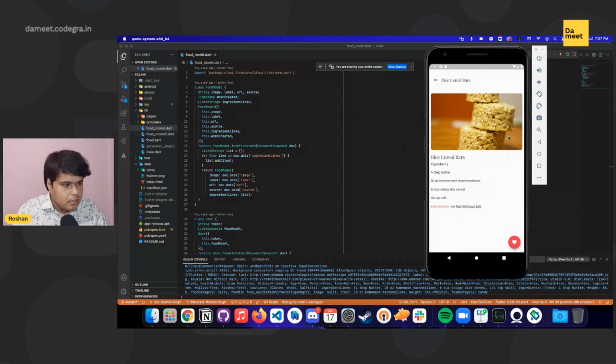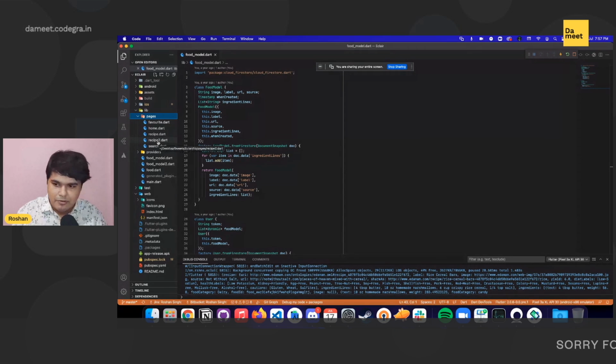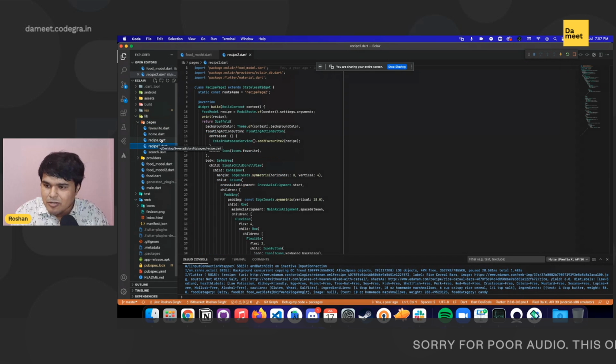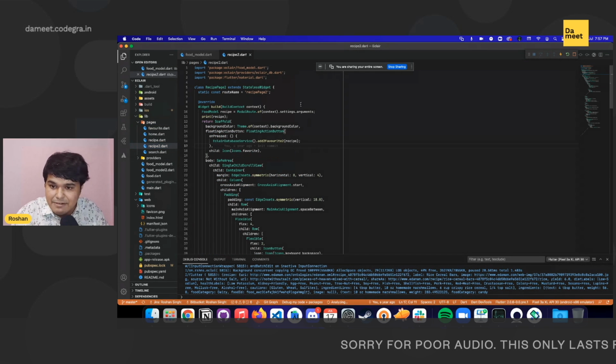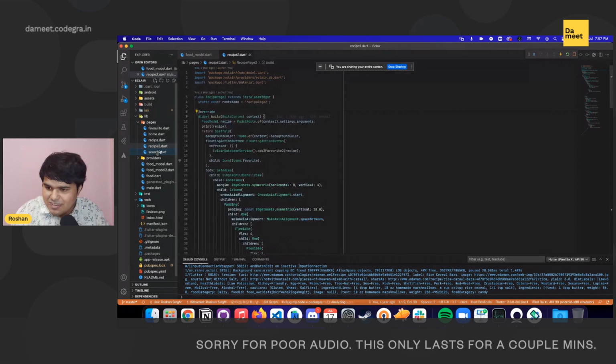So let's try to manipulate this interface and understand how easy it is to code in Flutter. Please don't mind the lack of discipline that I've been talking about for the past one and a half hour, because this is a code base that was created by me a year ago, so I was not very smart then.